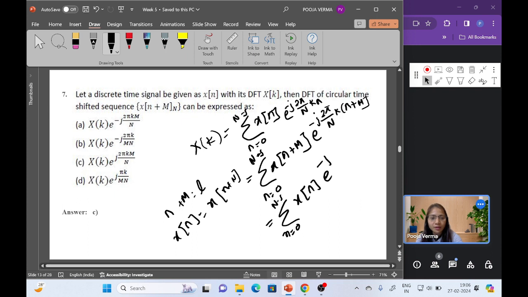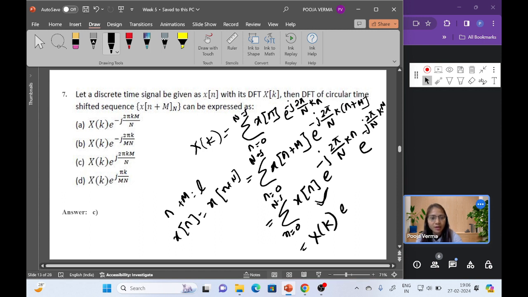And if we break this part, this will be e to the power minus j 2 pi by N k m. Okay, so as you already know, this part is equal to x of k